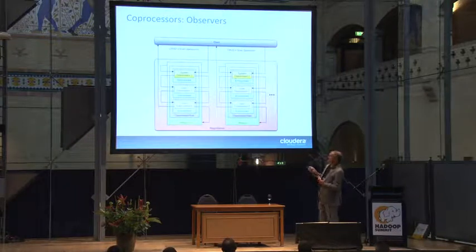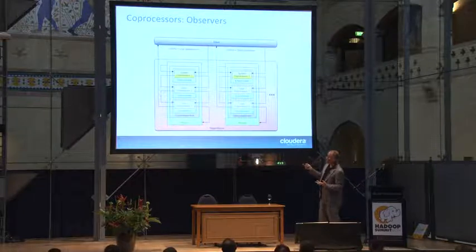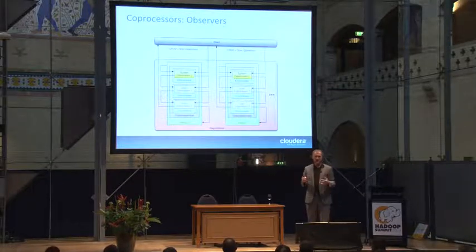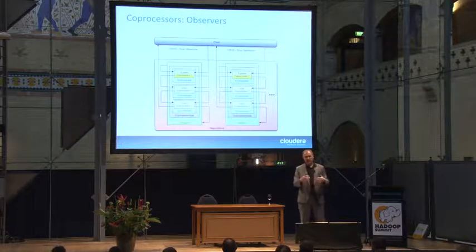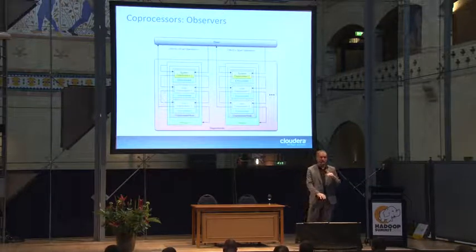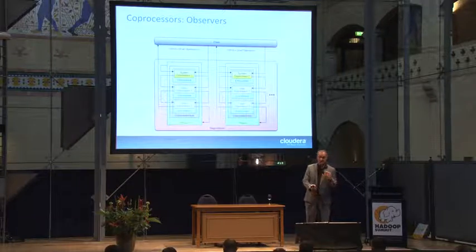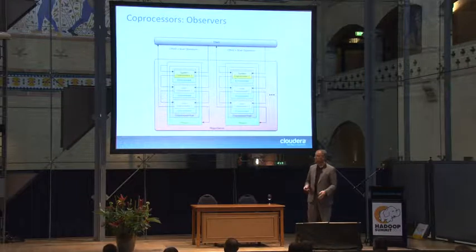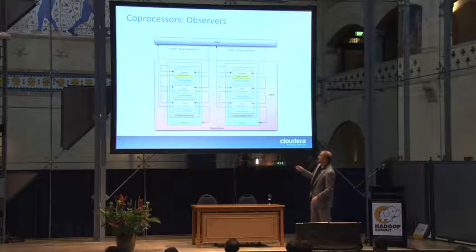The way this works is that whenever you have an operation, when the client comes in, you basically have first system coprocessors, and then you have user coprocessors chaining together. This is very much like what you see in HTTP, like in Jetty or in all of these web servers, where you have filters you can chain. The first one can react. It can actually say stop here. No other filter will have access to the data or the call. You can stop the whole thing, or you can just pass it through, say I don't care, or next one, do your work. And then they go backwards from here to the user.